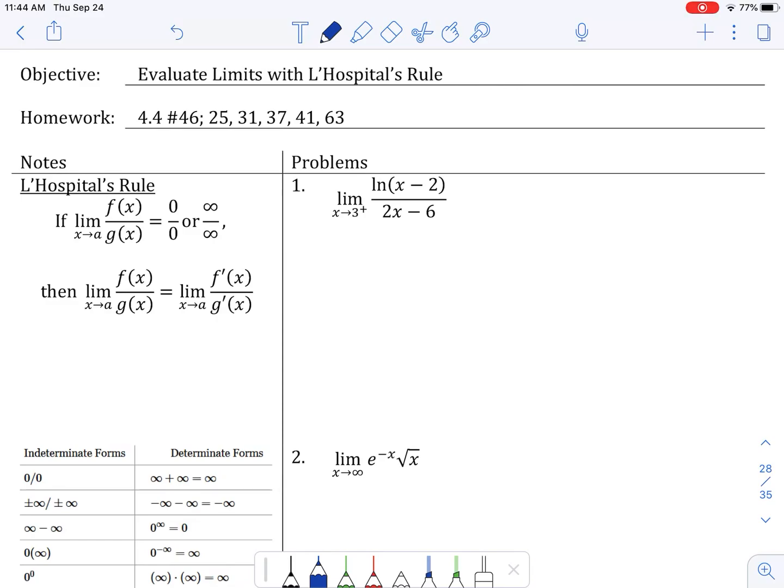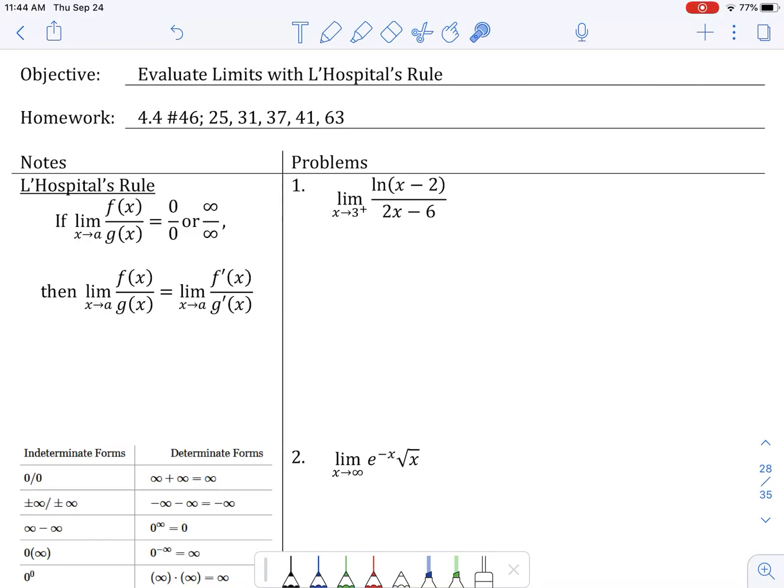Welcome back. Today we're going to talk about L'Hopital's rule with limits. So all of you who desperately wanted to use L'Hopital's in the limits, and I was making you do it through algebra, you are ready. You can now use L'Hopital's. Now there's a couple rules to this that we're going to go over,